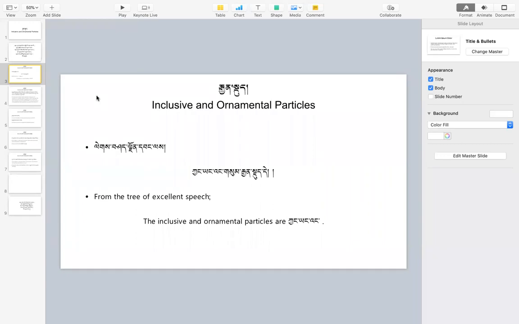the most important thing is to understand what we mean by inclusive and ornamental case. We will definitely discuss these cases in more depth and with more examples later during the discussion of the usage cases. But for now, we'll just give a brief introduction, which means that we will introduce both of them on the basis of their definition and structure. A very brief introduction to their structure. Okay, so